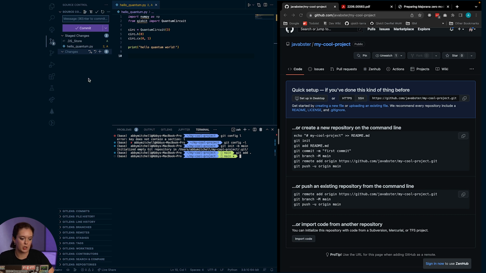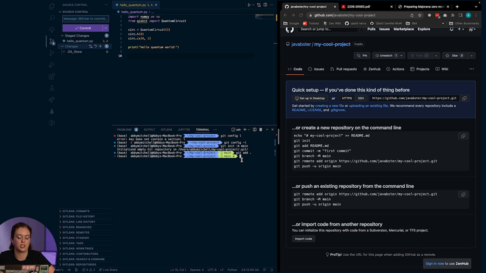But then sometimes, say you have some extra metadata or some other random file that you didn't want to add, you can remove that. You don't have to push it, and I like to do that just with the UI. And so I can see here, I just have this file that I've added that is staged to get committed and added to our project.